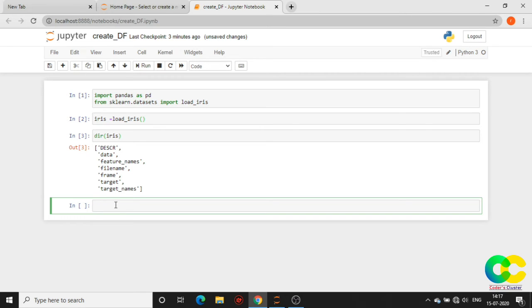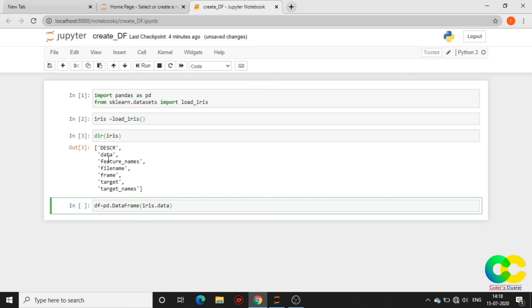So for creating a data frame, I'm just creating a variable which is df, equal to pd.DataFrame(), and this D and F should be in capital, and within the brackets we need to mention the data. Our data is iris.data.